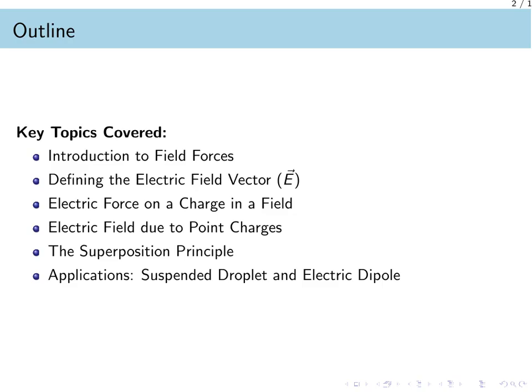Next, we will formally define the electric field vector, denoted by the letter E, and discuss how to calculate the electric force acting on an arbitrary charge placed within this established field. From there, we will explore the specific equations used to determine the electric field generated by individual point charges. We will then introduce the superposition principle, which is essential for calculating net fields produced by multiple source charges. Finally, we will apply these theoretical concepts to practical examples, including analyzing a suspended water droplet and determining the field